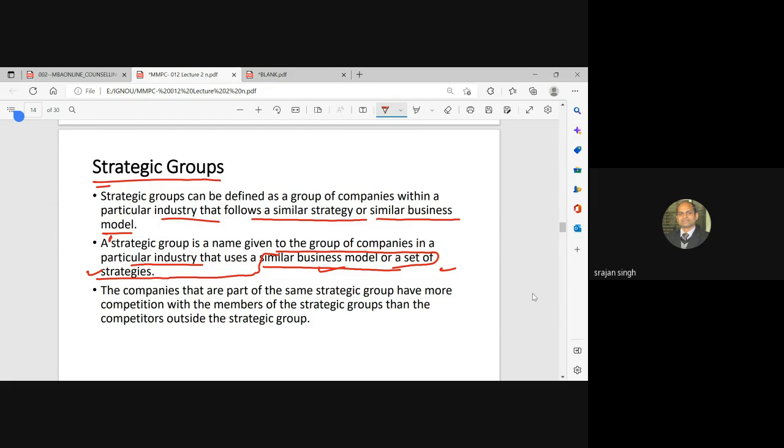The companies that are part of the same strategy group have more competition with the members of the strategy group than with the competitors outside the strategy group. See, if companies have the same business model or the same set of